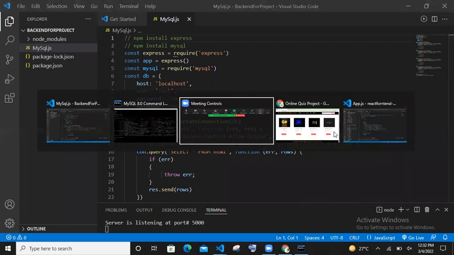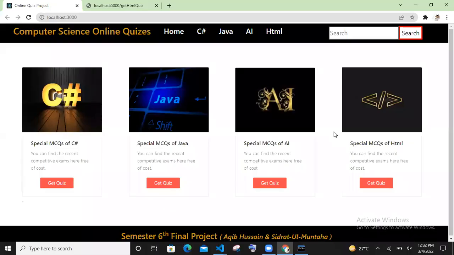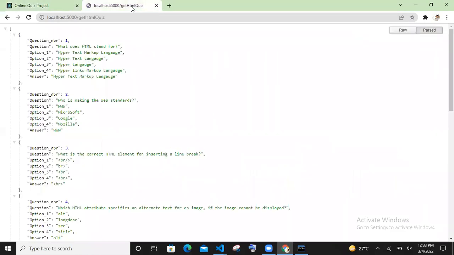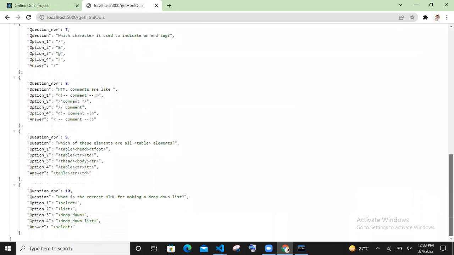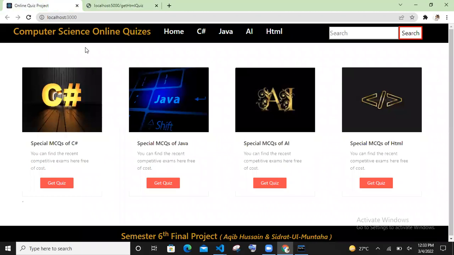And the third part, which is our most concerned part, is our React.js. But before moving to that, I will show those APIs which we have made through Node.js, which are used in this website. So basically I have got one already, and that is of the HTML page, where we have made this API. So this is our API, which will be used by our front end, which we have made from React.js. So it was all about the backend and the database.